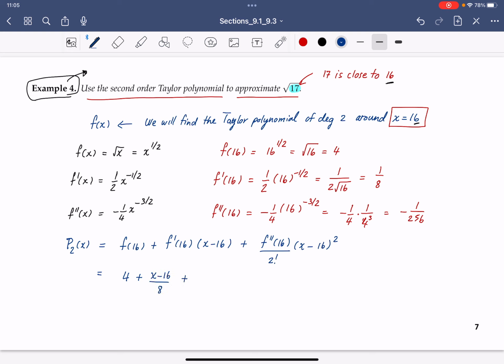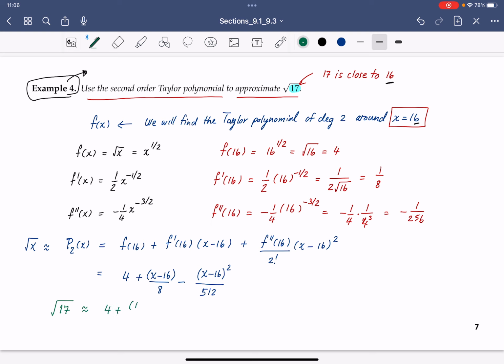And then plus x minus 16 squared, minus, over 256 multiplied by 2, which is 512. This is the Taylor polynomial of degree 2 for this function, which means you can approximate square root x by this thing. So if you want square root 17, it's going to be